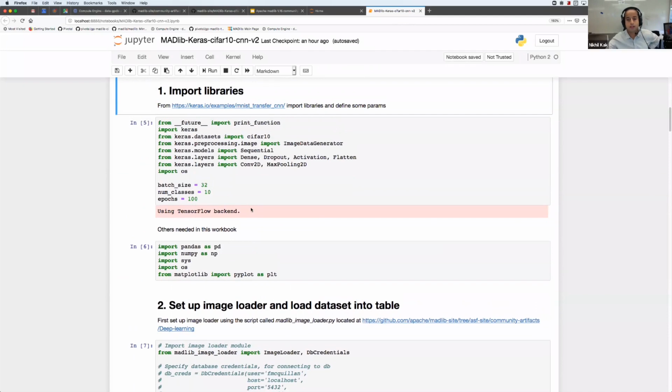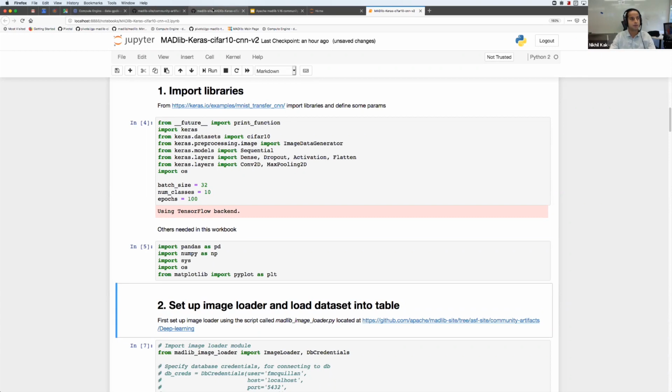So the very first thing we have to do is load the images into the database. Right now, we have our own developer scripts that we use to load an image into the table. But eventually, we will have it integrated with an actual product so that it will be easier for users to do it. So right now, we are just using our own test scripts to load images into the database. It's not part of the Apache MADlib GitHub repo, but we do provide those scripts to the users in